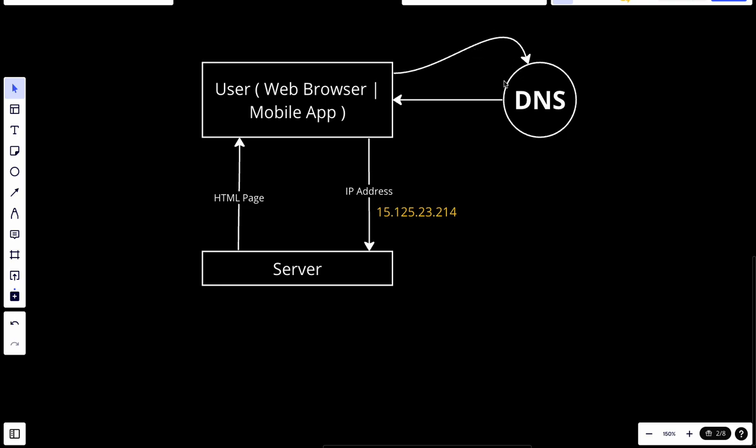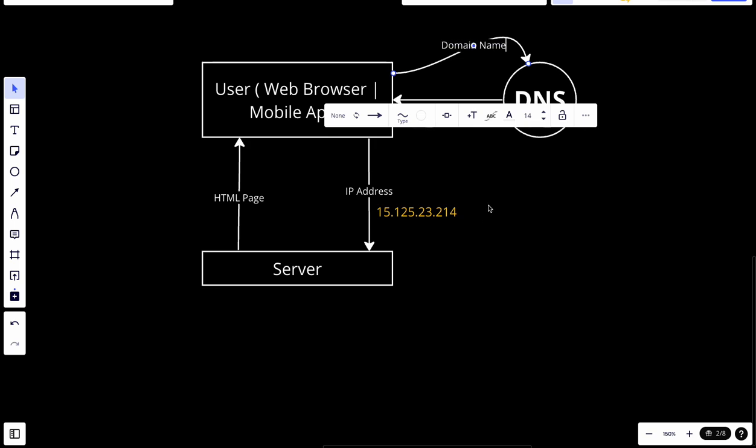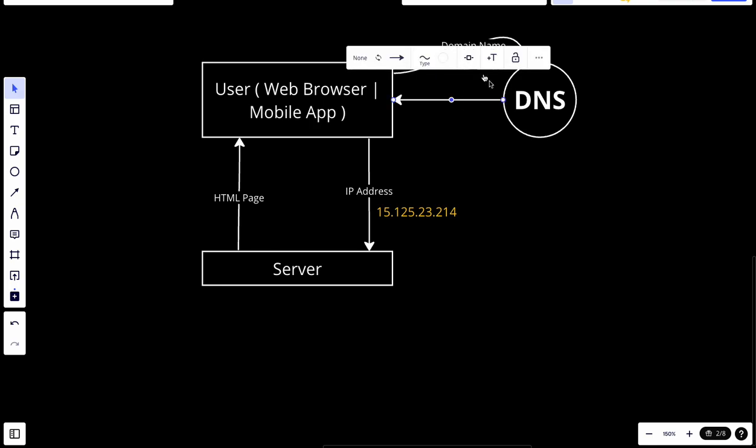The DNS, the domain name system, is like a giant address book for the internet. Imagine you want to visit a website like www.facebook.com. Instead of having to remember the website's complicated number address, which is the IP address, the DNS helps you find it using the simple name. So basically, you send to the DNS the domain name of the specific server that you want. And the DNS sends back to you